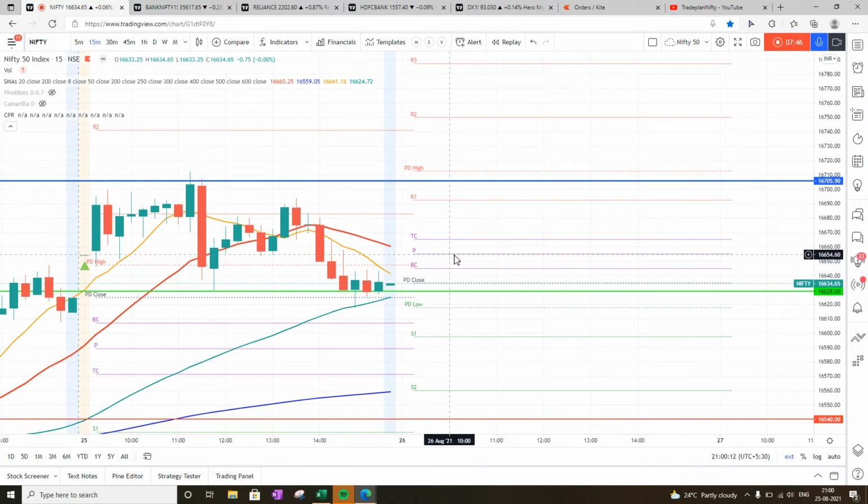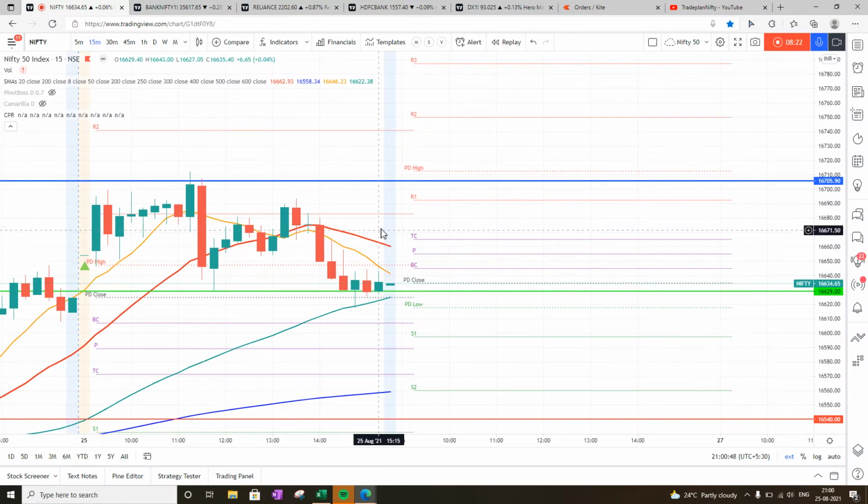So in option one, if the open is above pivot and the market starts going down, the first entry is at pivot. I will be looking for any one reversal pattern which I've discussed in my playlist called Engage the Reversal Setup. Any one setup should happen either at pivot, L3 or L4, which is at 16654, 16608 or 16582, with a stop loss of 16539, for a target of 16750, which is R2 for tomorrow.